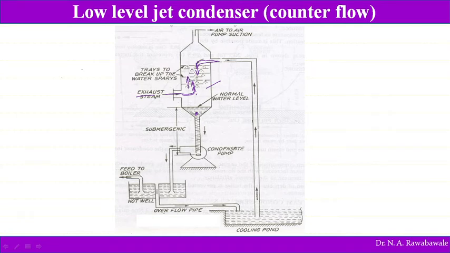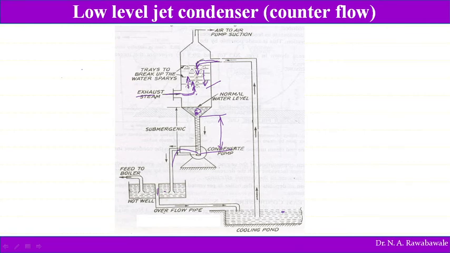Steam moves from bottom to top and water moves from top to bottom, and condensate is collected at the bottom. Again here the level of this tube is very low, therefore we need to suck this condensate as vacuum is created. So a condensate pump is required to suck this water, and that is collected into the hot well and excess flow takes place to the cooling pond.